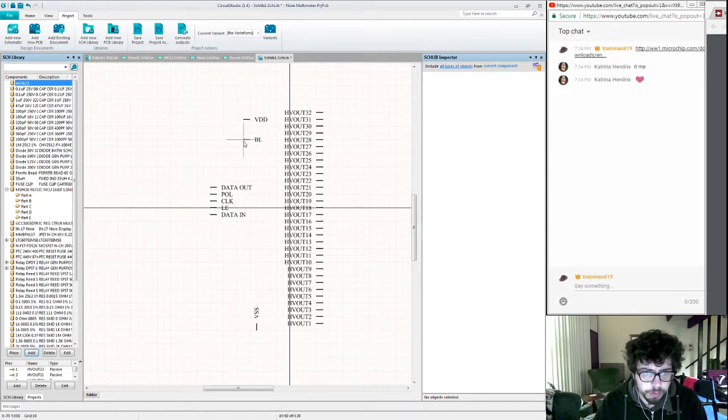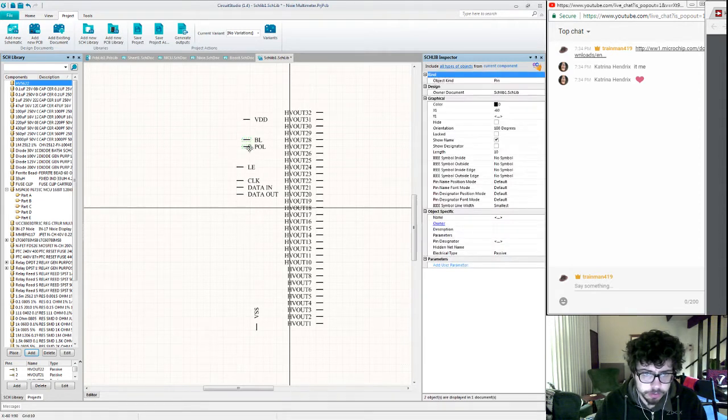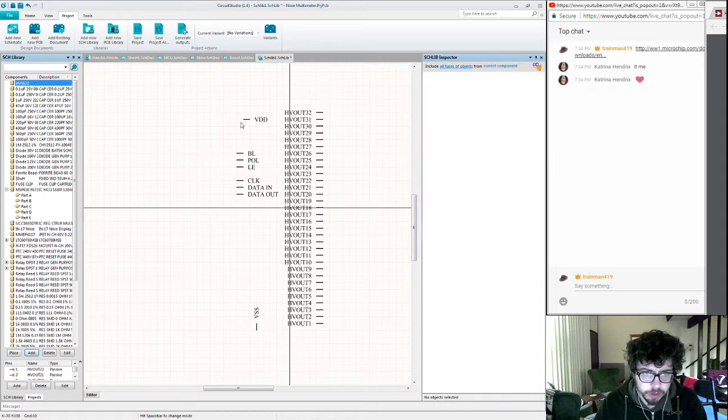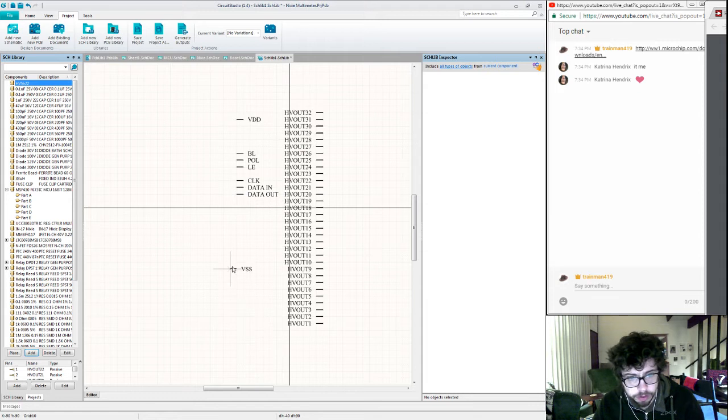So I'm going to put the control lines at the top. I'll put the clock, data in and data out just below that. And mostly this is chosen so that when I get to the point of putting these on a PCB or on my schematic,